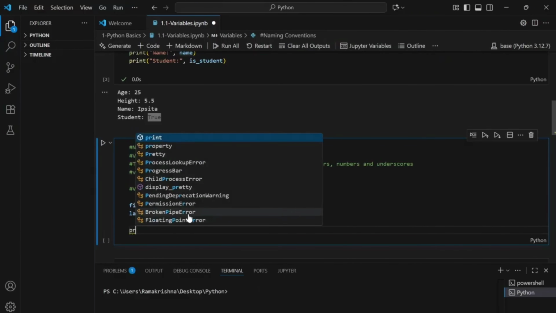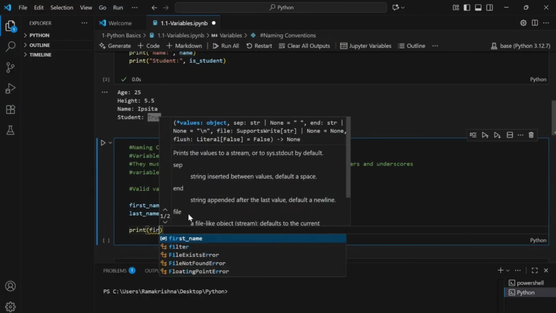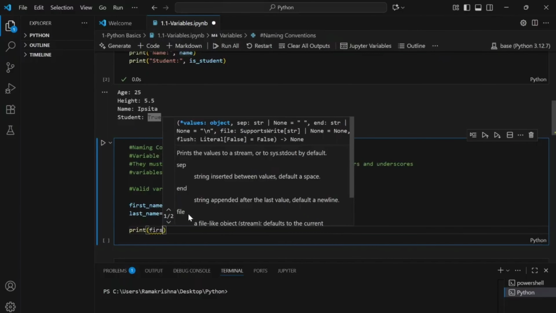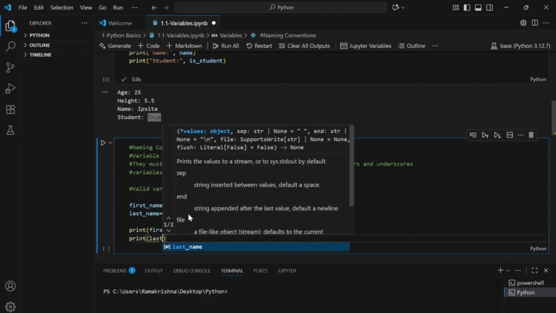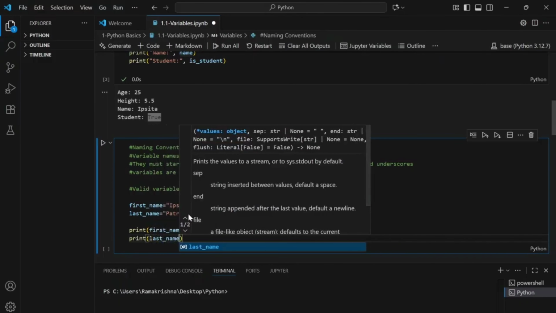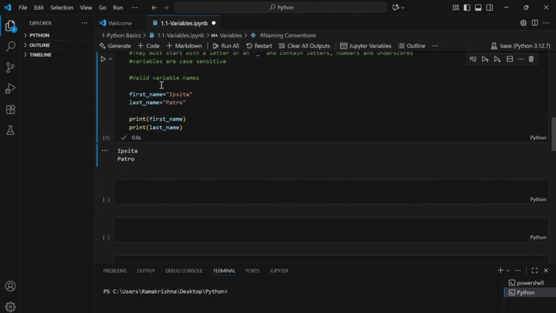Print first name, print last name. When I go ahead and print this, it will show me the value of these variables. Okay, so these are some of the examples of valid variable names.